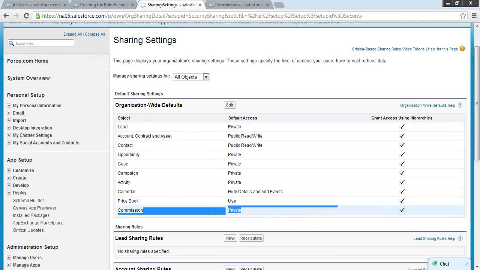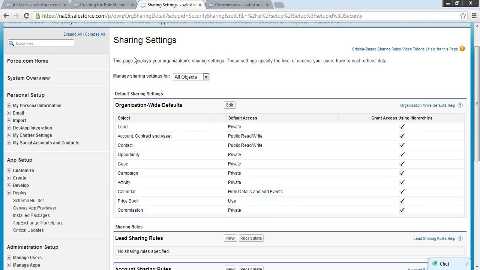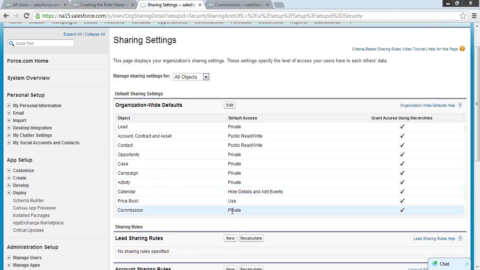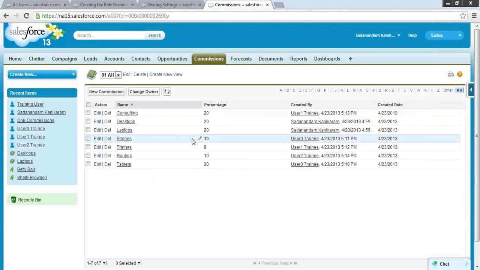That means only the owner can have access that is given to him based on the profile, because a profile will have 4 types of access for each object, which are read, edit, create and delete. So one of those will be given to him if it is private, but based on the role hierarchy, like we have 2 of these here, SVP sales marketing and VP international, even though it is set as private,